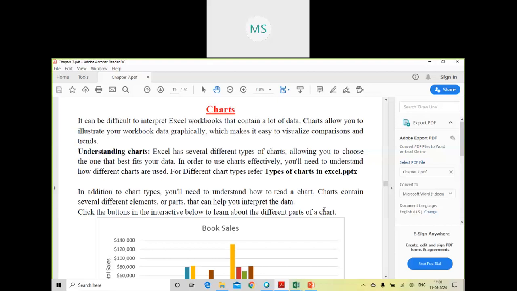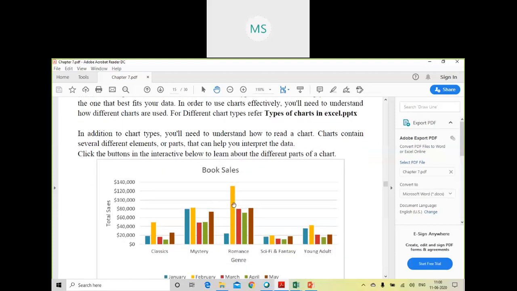So it is a very useful object in Microsoft Excel, which allows you to represent your information in an innovative as well as attractive way, so that it becomes easier for a person to understand your data.